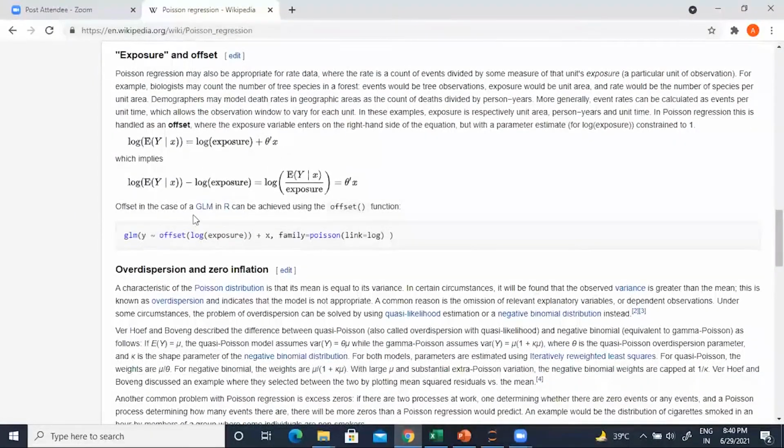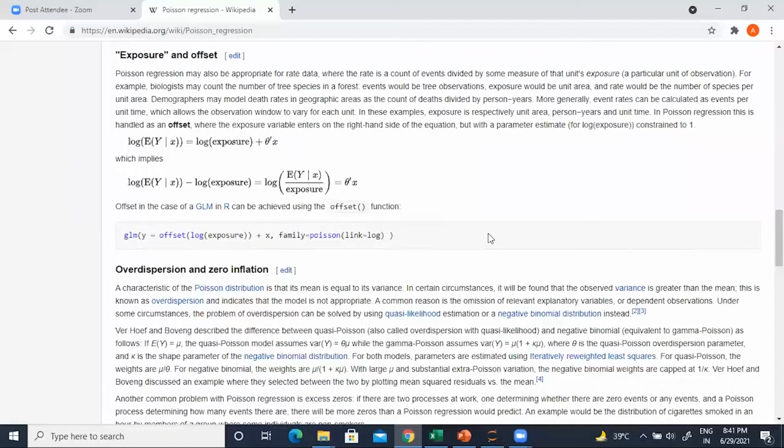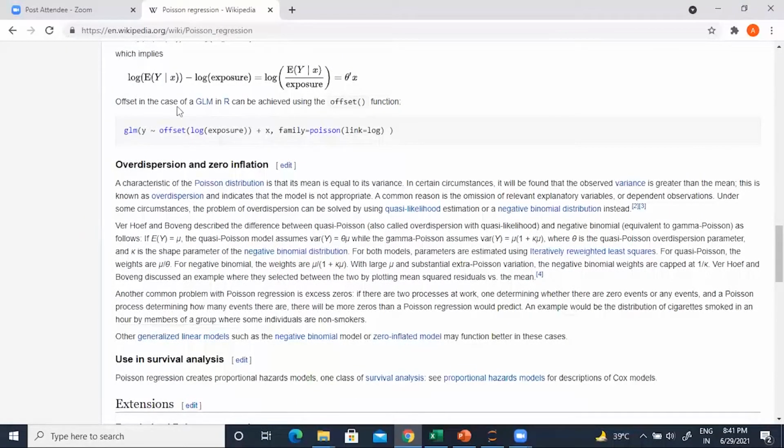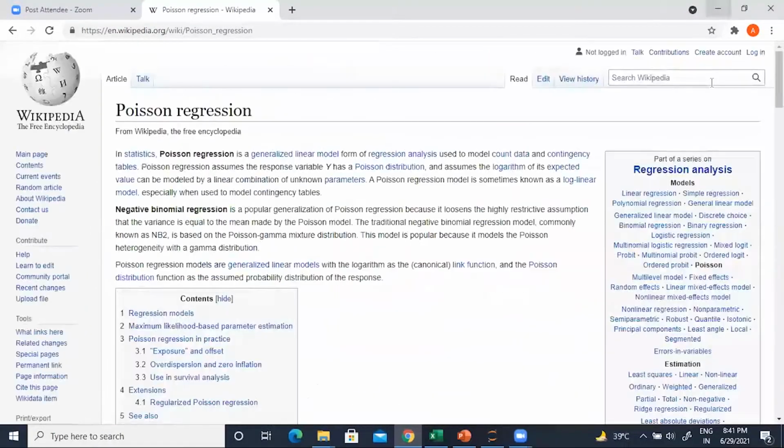There you go. You can do GLM in R, or you can do GLM in Python also. Essentially, the log function will serve as the link function for Poisson distribution. But for gamma